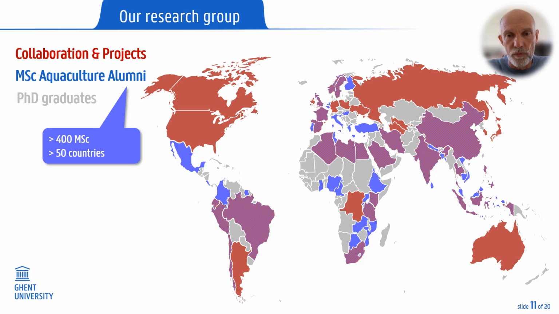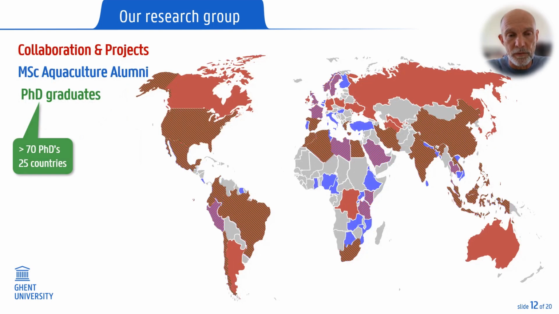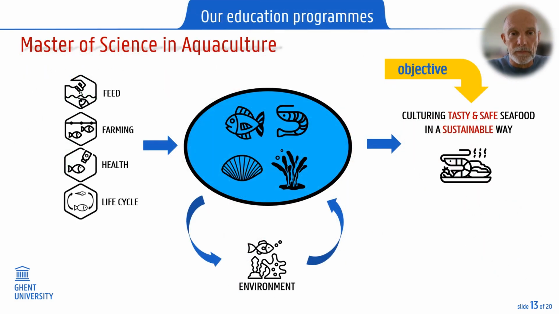Since the start of our program, we have been training over 400 master students from around 50 countries on all continents. And we have delivered over 70 PhD graduates in more than 25 countries by now. Therefore, based on the expertise that we have built, we have decided to offer 2 programs some while ago. The first program, the Master of Science in Aquaculture, is a local program, which means that it is taught entirely at Ghent